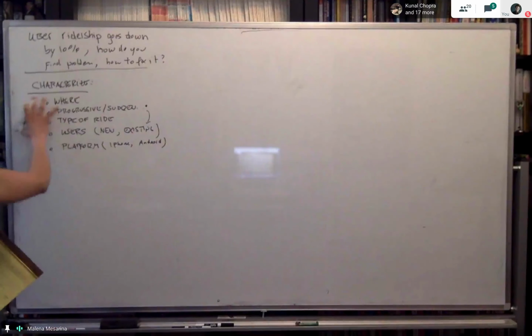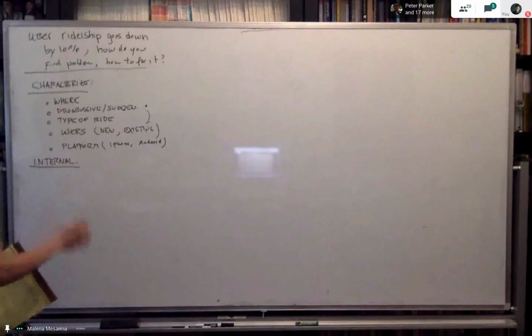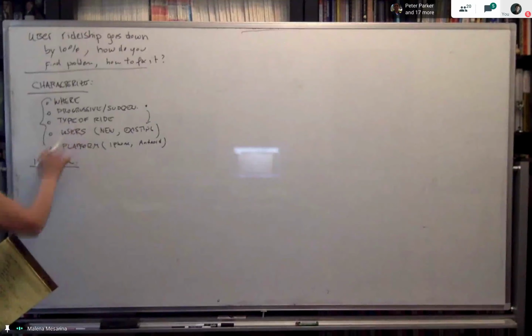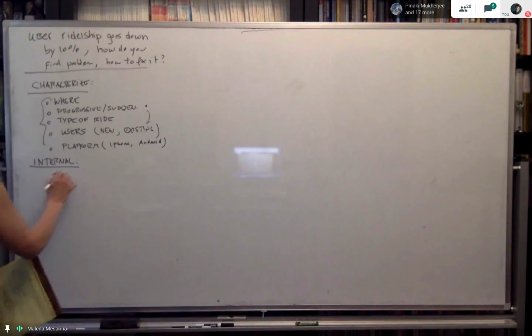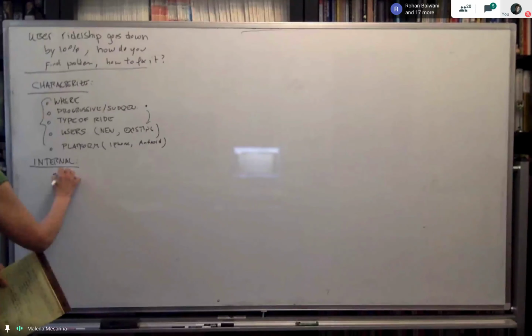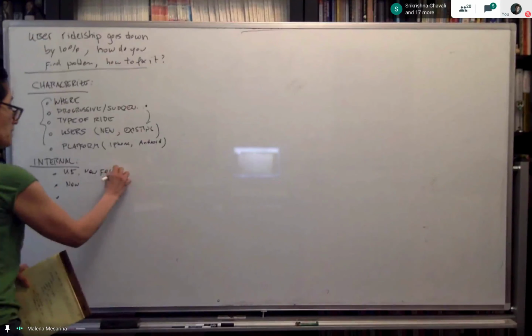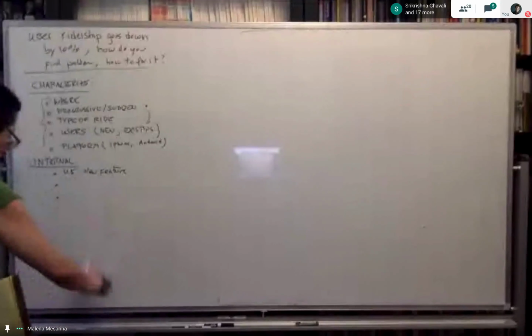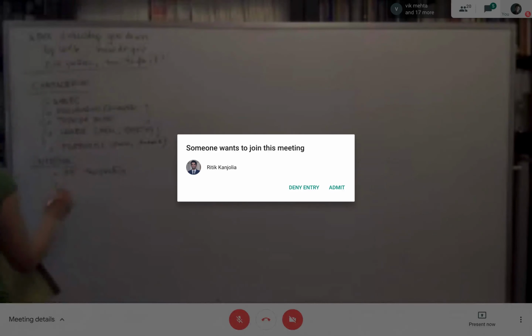Then once you have an idea of this, you can think, okay, let me think of what could be an internal problem. Depending on the answer that you have here, you'll think about different types of internal problems. A typical thing could be that something changed, maybe the UI, or maybe there's a new feature. I'm going to put here, new feature or UI. If it's not that, you can think of several others. I'm just throwing this out there, I'm not going to talk about all of them.